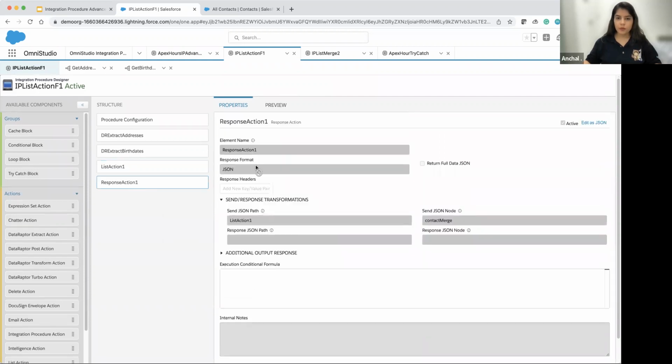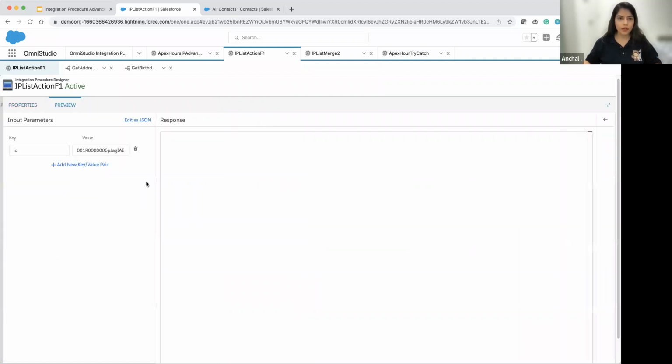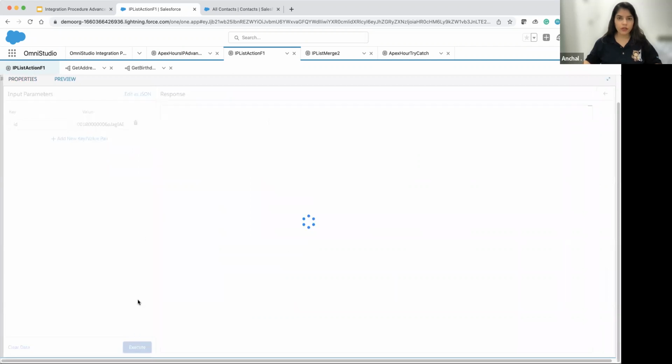In my response, I'm going to define any response that's coming up that can be taken from the list action. So list action is taken as a send JSON path, and I'm going to give the name of contact merge here. If I may query this record,